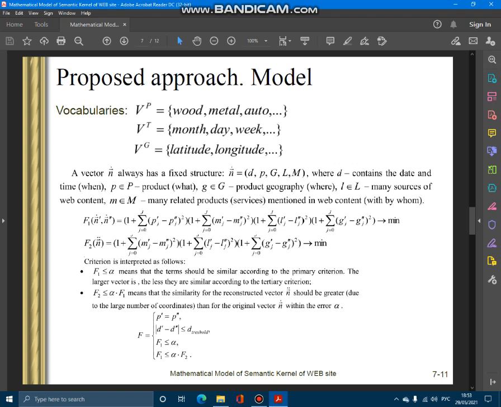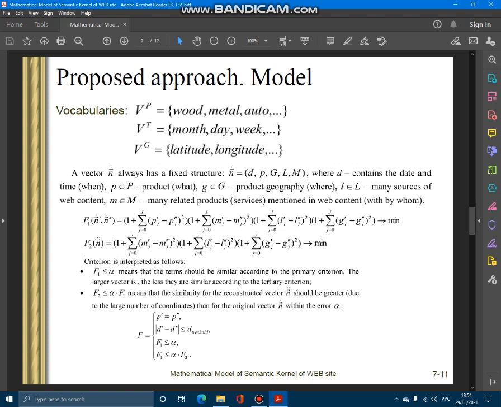We introduce 2 more vectors, n̄₂ and n̄₃. The second vector n̄₂ describes the terms' synonyms to avoid duplication in the kernel. The third vector n̄₃ describes satellite terms to describe possible storyline in the web text. To place a term in a cluster, or in other words, combine 2 versions of the kernels into one,